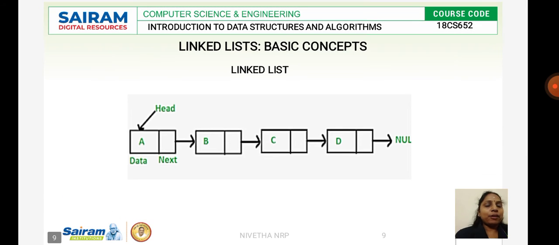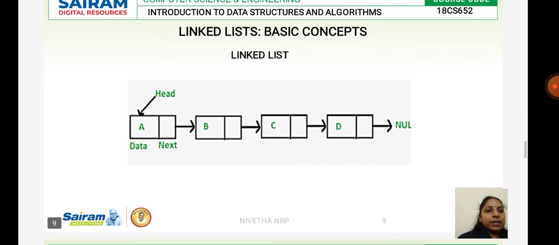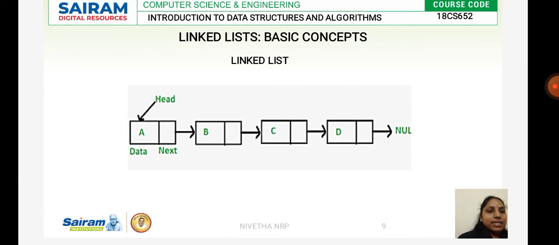Okay, here is an example of a linked list. See, we have two fields. One is for the data, the other one is for the next node, which is representing the address of the next element. See what are all the elements we have here. We have A, B, C, D. Since A is the first element, we represent A as a head node to make the computer understand it starts with A. And we place the first field as the data field followed by the pointer, which you can say as the next field, indicating the address of the next element.